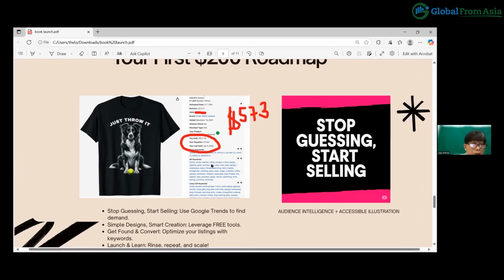I don't think border collies are that popular in the US. I think golden retrievers or French bulldogs are. So once you have the data, you can extend or scale it into other dog breeds, and that's what I've been doing. This is just one design.